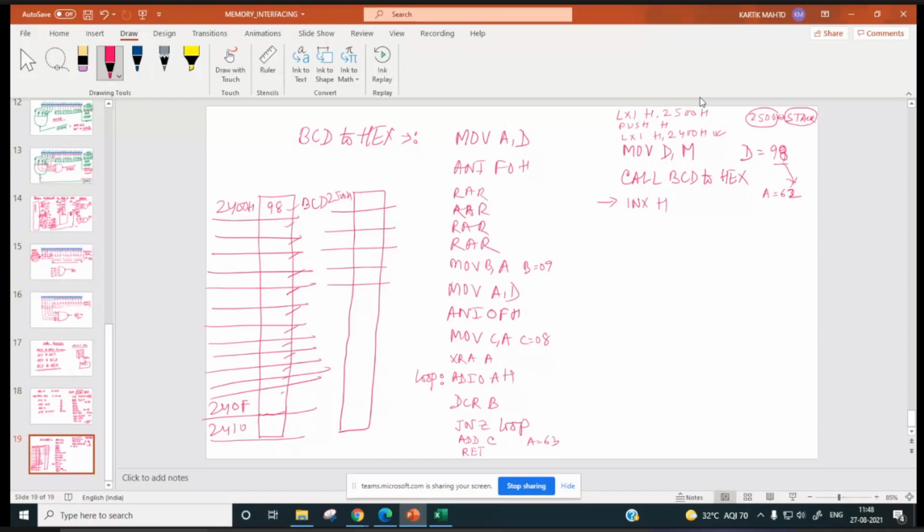HL will be how much? Anyone quickly? Sir, 2501. Arey, 2501 was already sent to the stack. Then LXI H 2400H was written, from there data was copied into D register. We called BCD to hex.